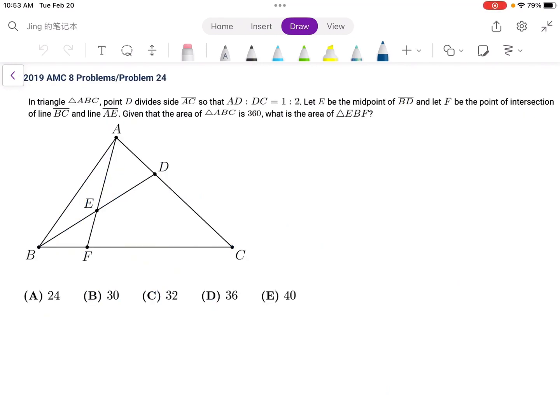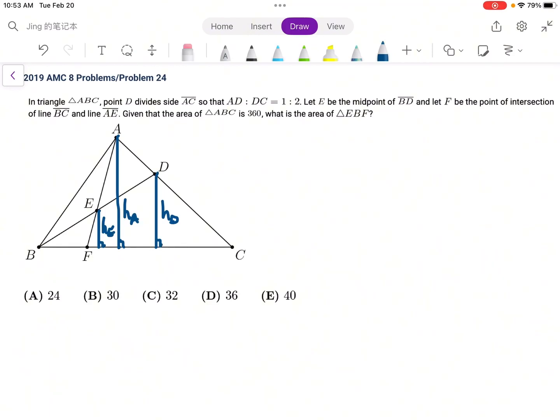First, let's draw some additional lines to help solve the problem. We draw lines vertical from A to BC, and that's HA, and D to BC, that's HD, and E to BC, and assume that's HE. And because AD over DC equals 1 over 2,